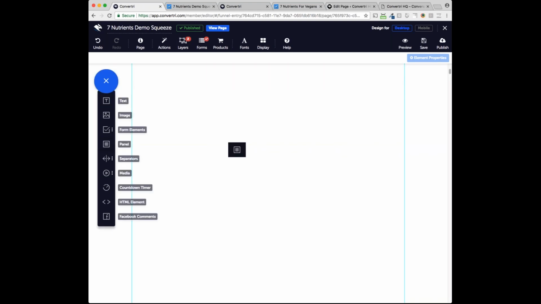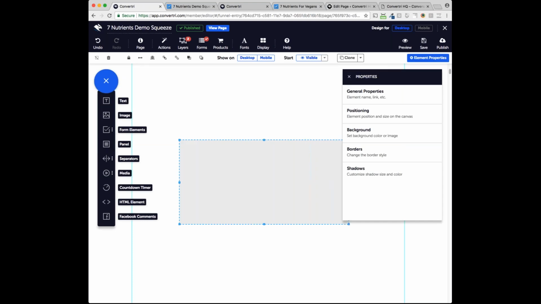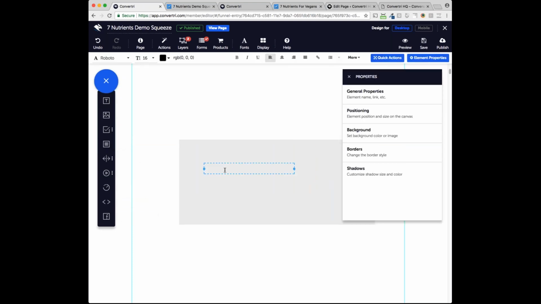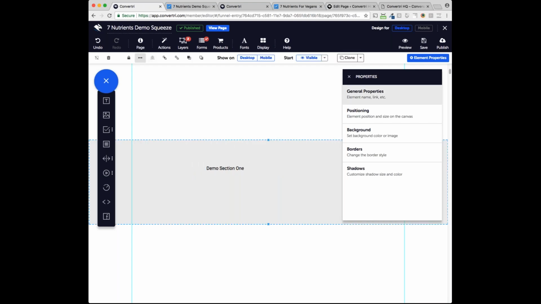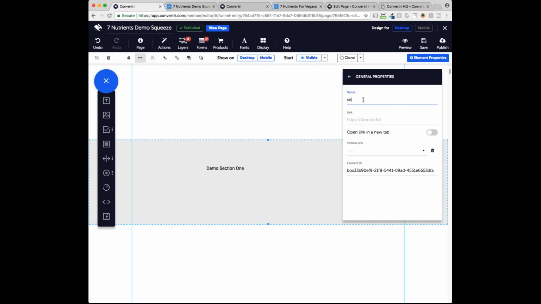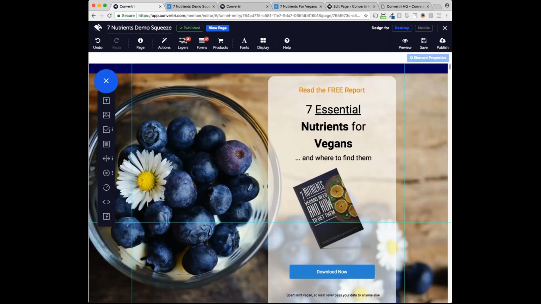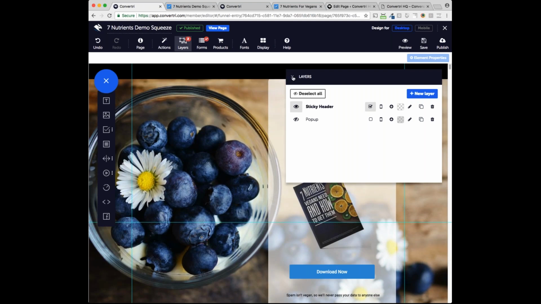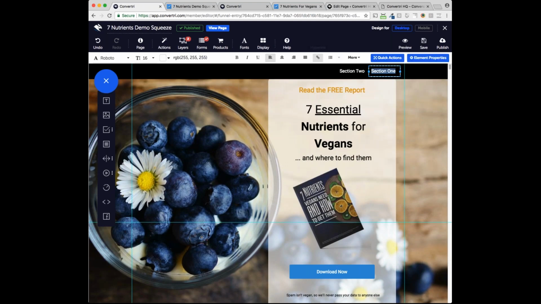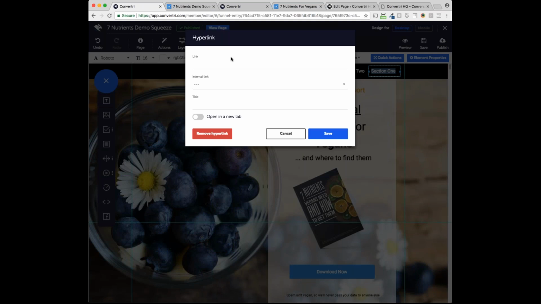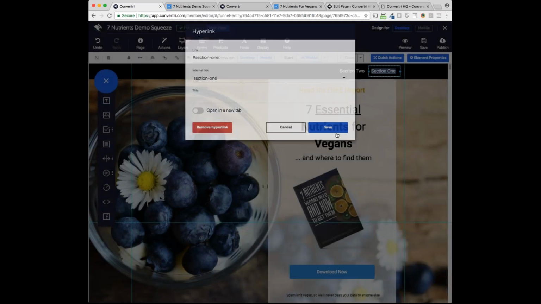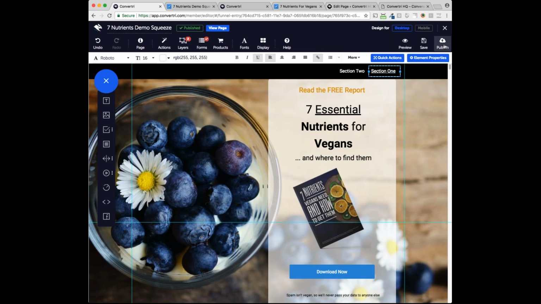So we're going to come down here somewhere, shove a panel on the page, and shove some text on here that reads demo section 1. So this panel here, first of all, we need to give it a name. So we'll call this section 1. Then on our layer, the sticky header, we highlight the text and make a link. And then from internal link, this is a link to section 1. So when we save and publish that,